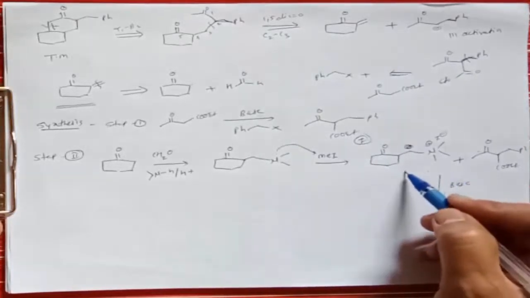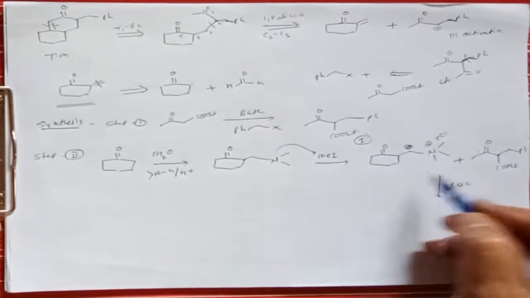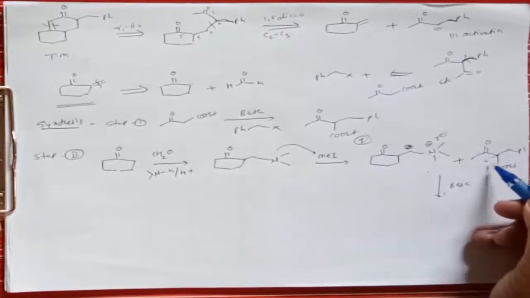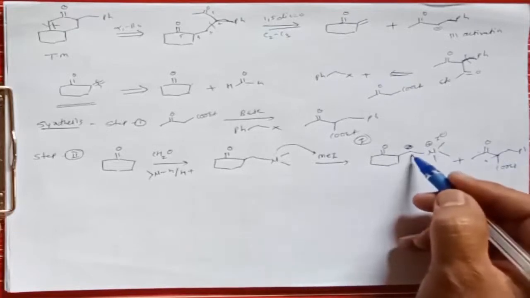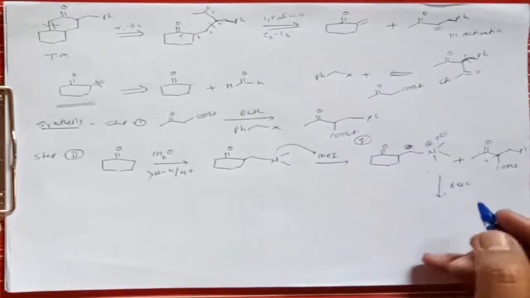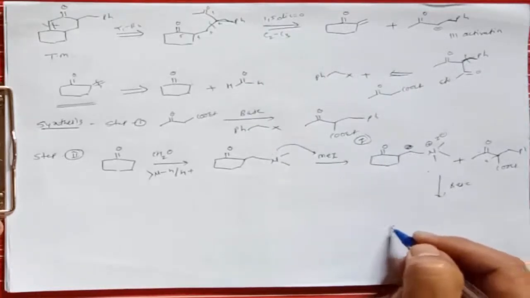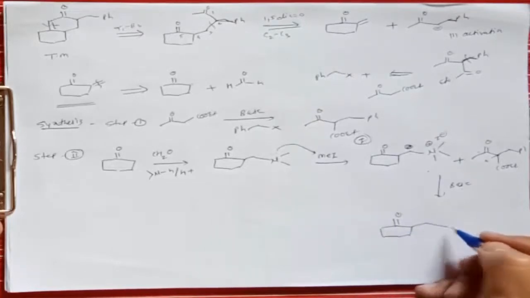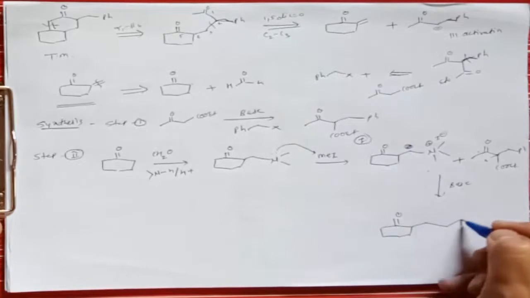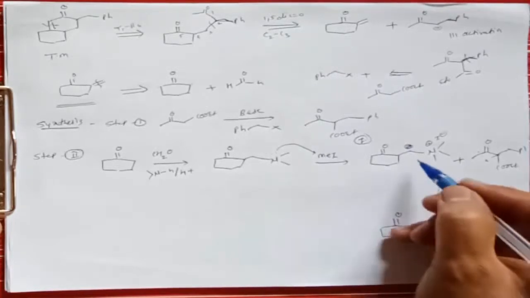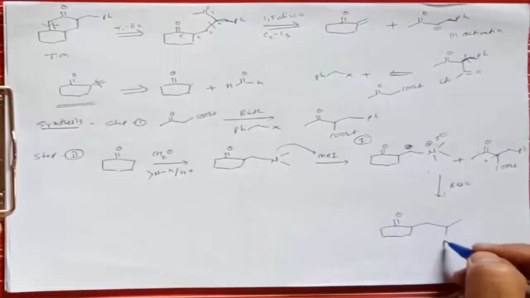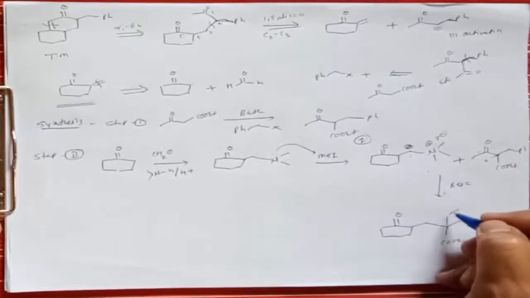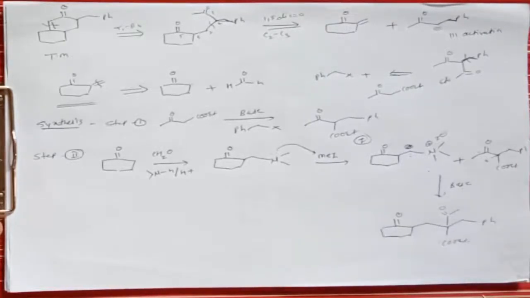So among these molecules, that is molecule first and molecule second, this proton is more acidic, therefore the base will abstract this proton, and then it gives a negative charge here, and the negative charge will attack on this CH2 group, and it will remove this tertiary amine, right? So what does it give? It gives formation of such a type of molecule, then CH2, then here is this CH2, and then it contains, that is 1, 2, at this 2 position there is COOEt, and here is CH2Ph, and at this position again there is a carbonyl group, that is CH2CH3, right?